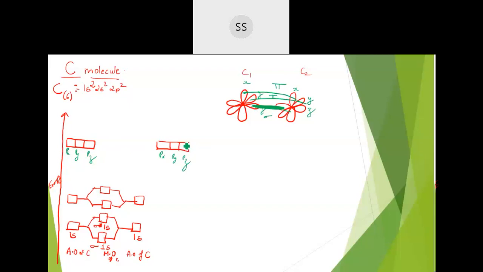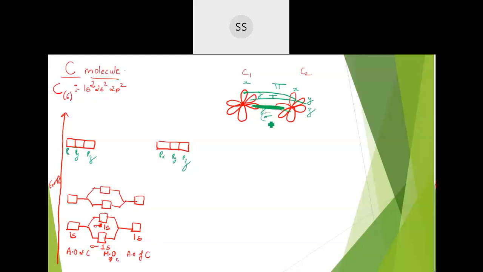Total we are having, see, total six atomic orbitals are going to combine. If 6 atomic orbitals combine, according to MOT, they will give you 6 molecular orbitals. Now, which will be those orbitals? In that, 3 will be the bonding molecular orbitals and 3 will be the anti-bonding molecular orbitals. So, out of that 3, 1 will be sigma, then 2 will be the pi ones.